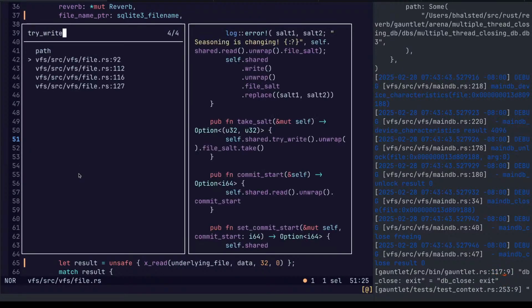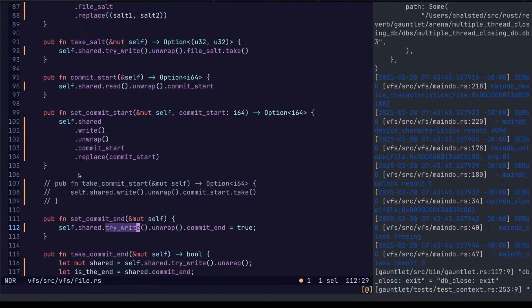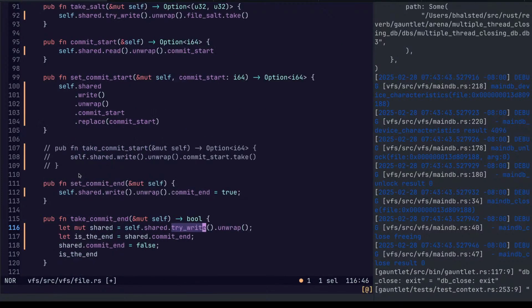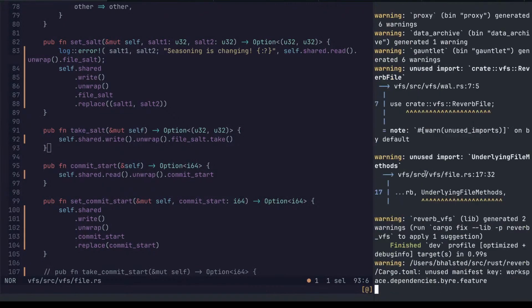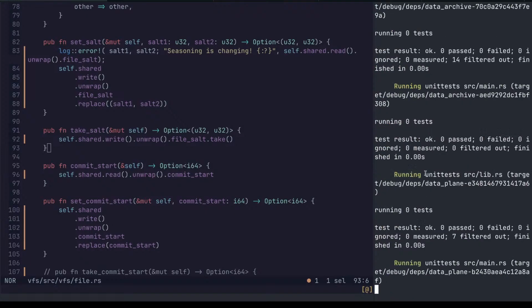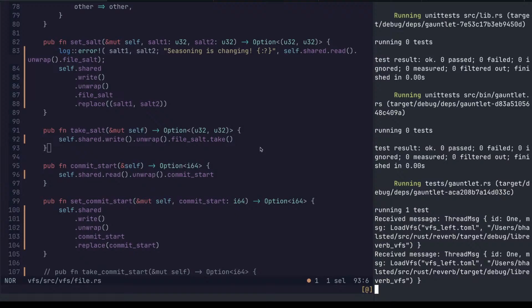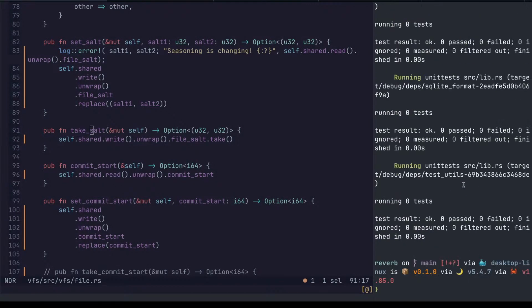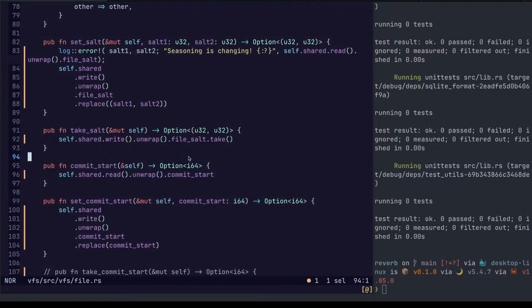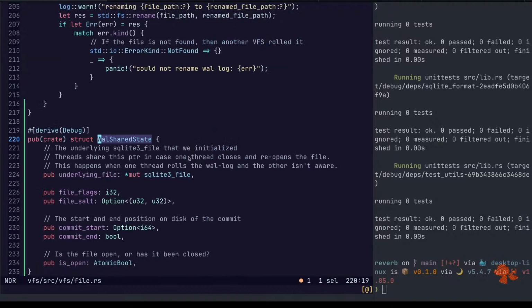Let's put this back. Okay. Small changes. Okay. Still passes. All right. The other one was a drop on WAL shared state.